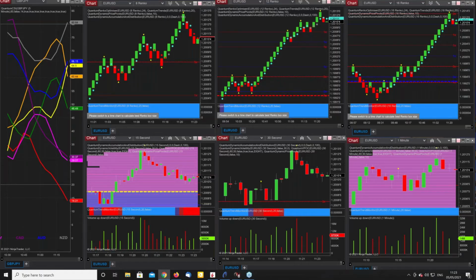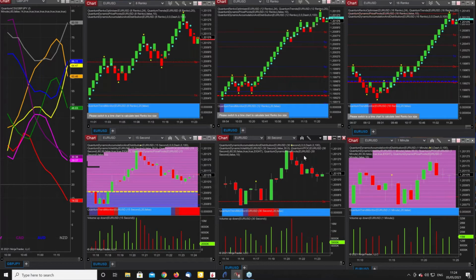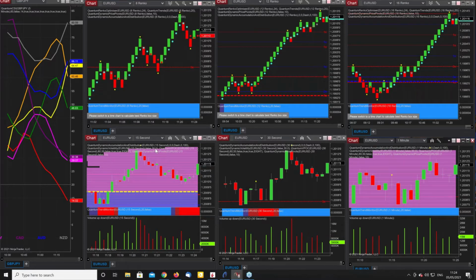And I just wanted to show you the euro dollar on multiple Renkos, because it is such a powerful way to trade. This is on NinjaTrader, but you can set this up on other platforms as well. The time frame at the bottom is associated with the Renko at the top. So basically, I've got a 15-second chart, I've got a 30-second chart, and I've got a 1-minute chart over on the right-hand side. And the Renko is set accordingly, because the Renko optimizer on NinjaTrader automatically delivers the